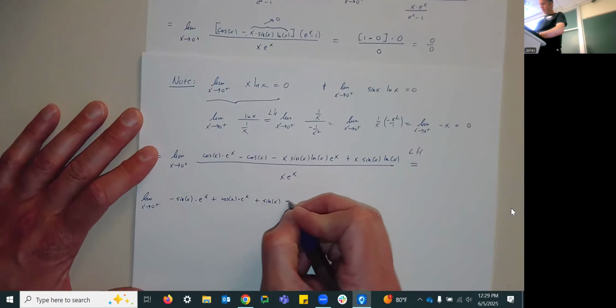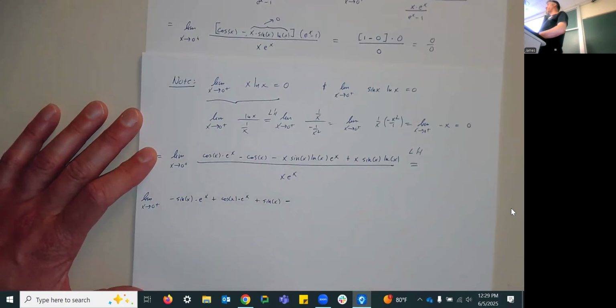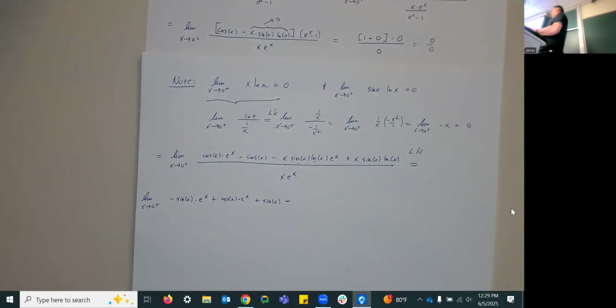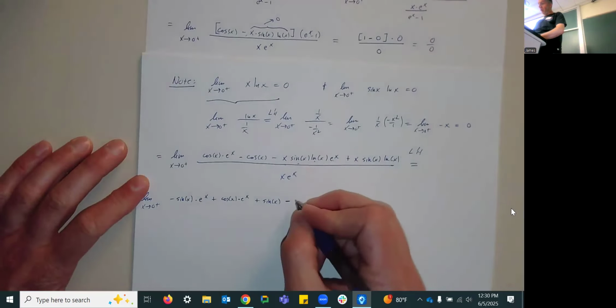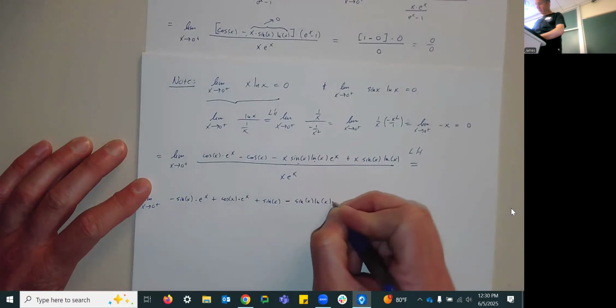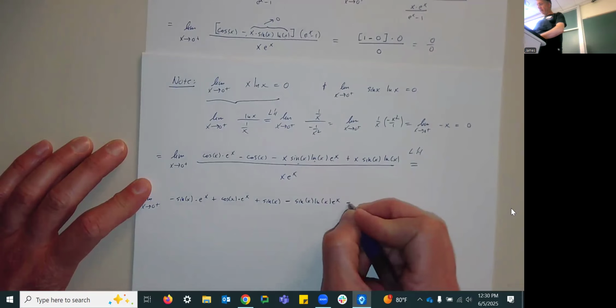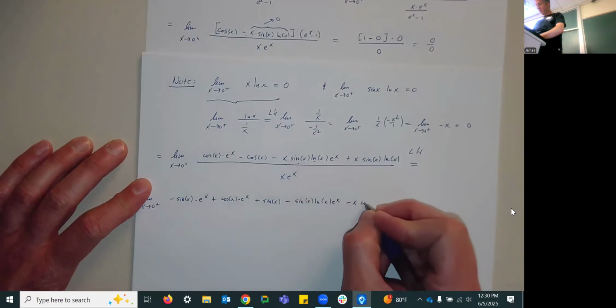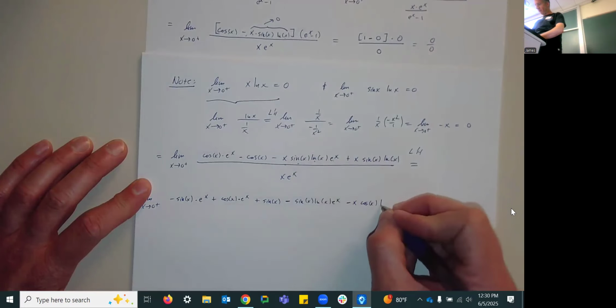Okay. So here we do have to use the quadruple product rule for x times sine of x times natural log of x times e to the x. And I'll remind you that when we do a product rule of many things, it's each thing's derivative multiplied by all the other not derivatives. So it's the derivative of x, which is 1, times sine of x, times natural log of x, times e to the x, minus, now it's going to be x times the derivative of sine, which is cosine, times natural log of x times e to the x,